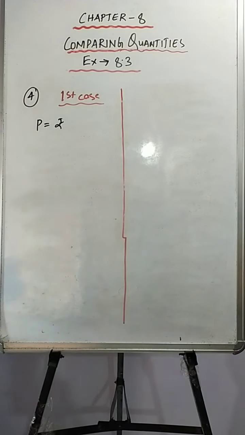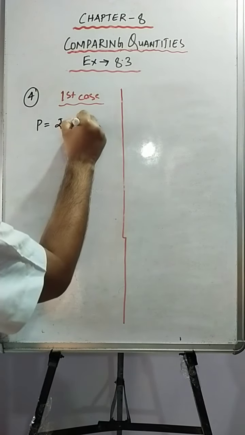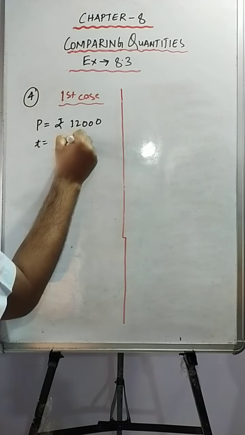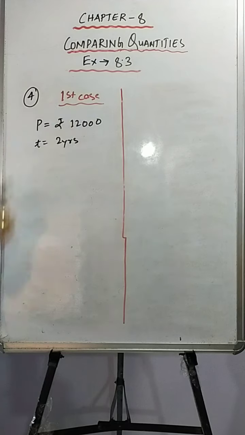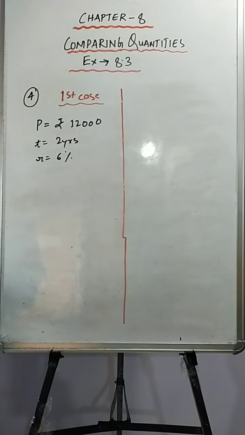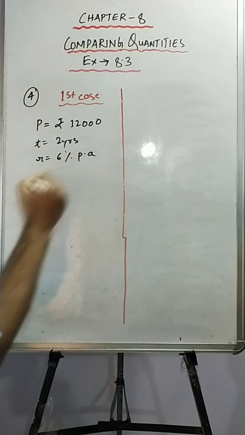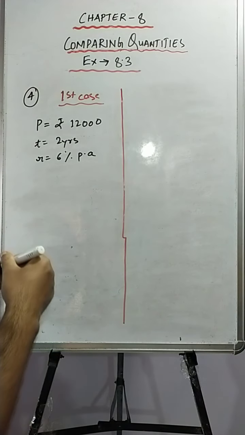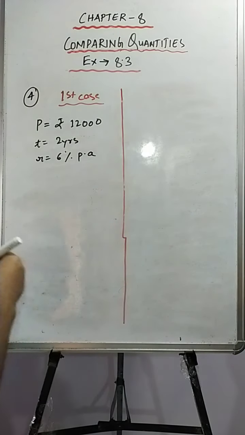what is the amount that I have borrowed? That is 12,000, isn't it? Now time is what? For 2 years. That is, within a 2 year span I have to return it to him. And what is the rate percent that he has charged me? That is 6% per annum. Fine. Now in the first case, the interest is being charged as simple interest only,